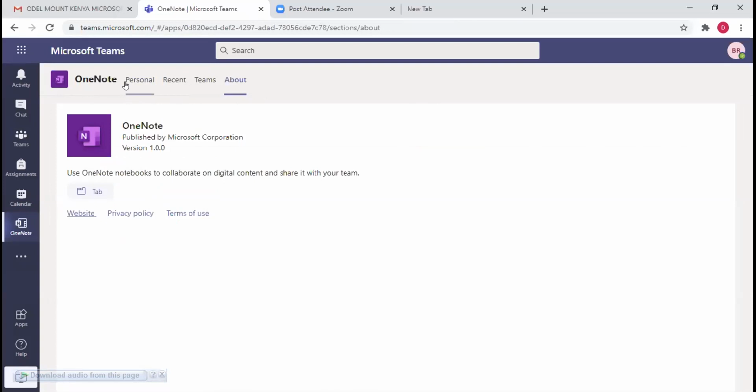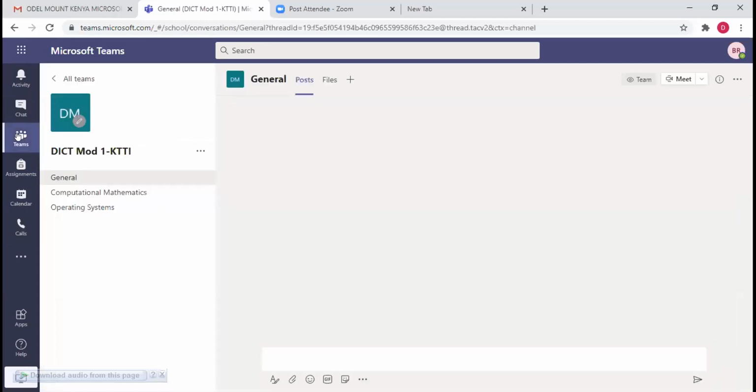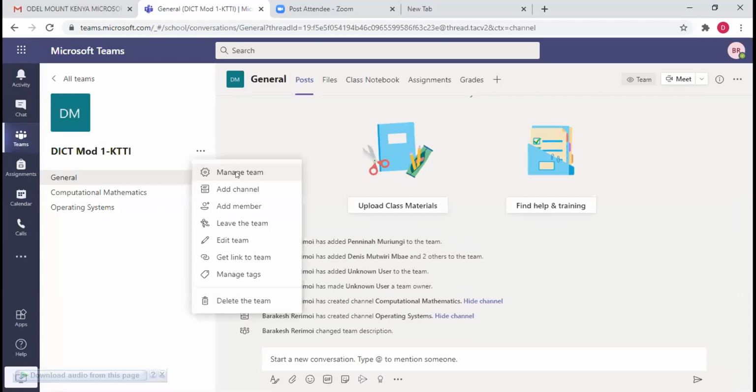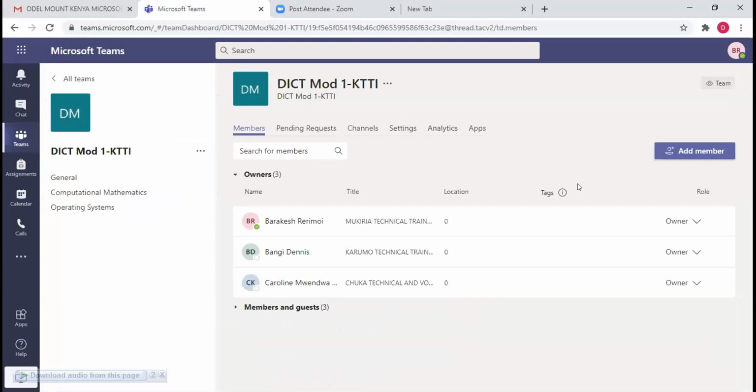Okay, so maybe that is what I did on creating the notebook. I created the team. I was able to manage, and under management, I was able to give roles to the team members. Some were owners, some were students in the team. So I think that's what I was able to do, and maybe I continue exploring more to see what should happen. I think I can pause at that point.